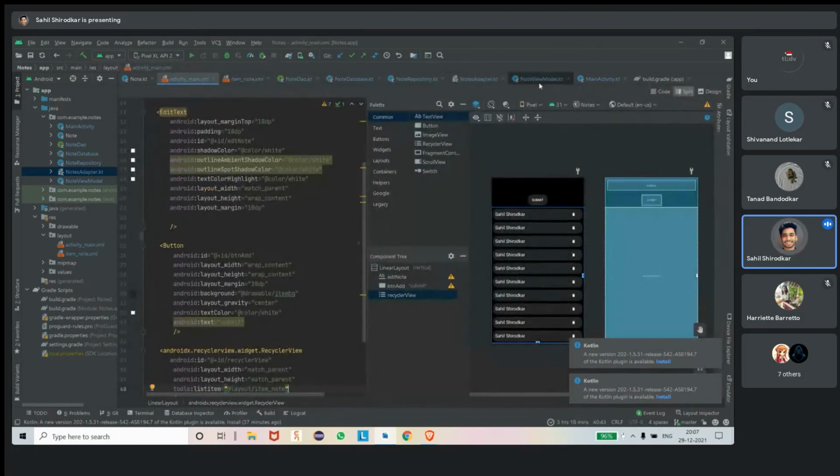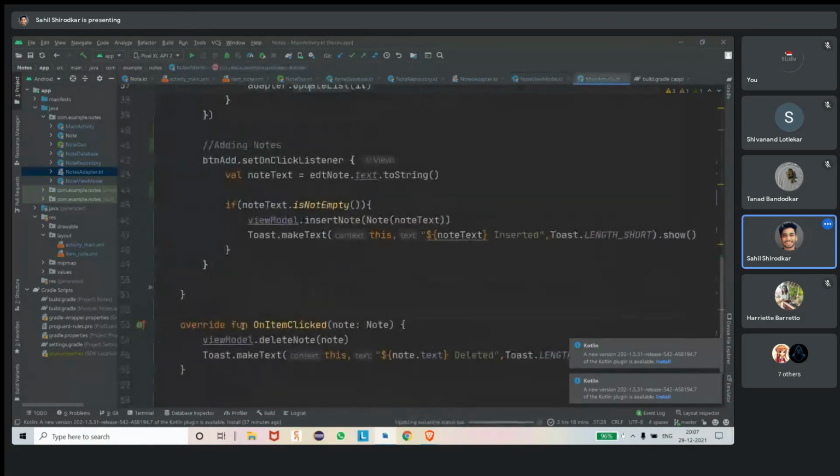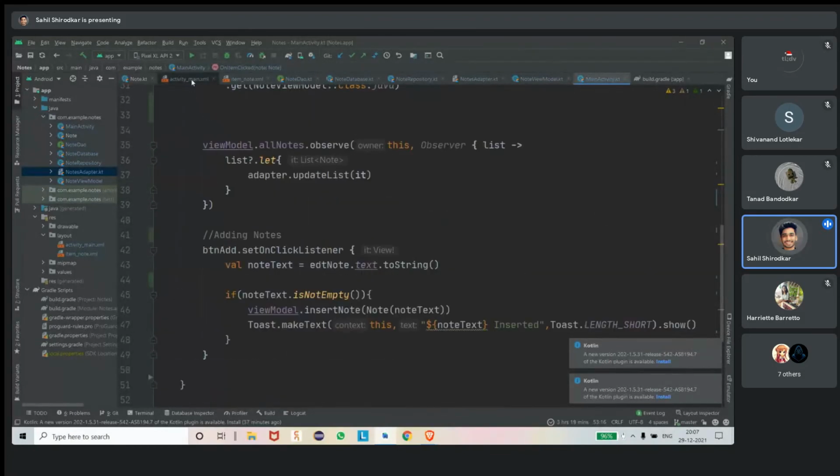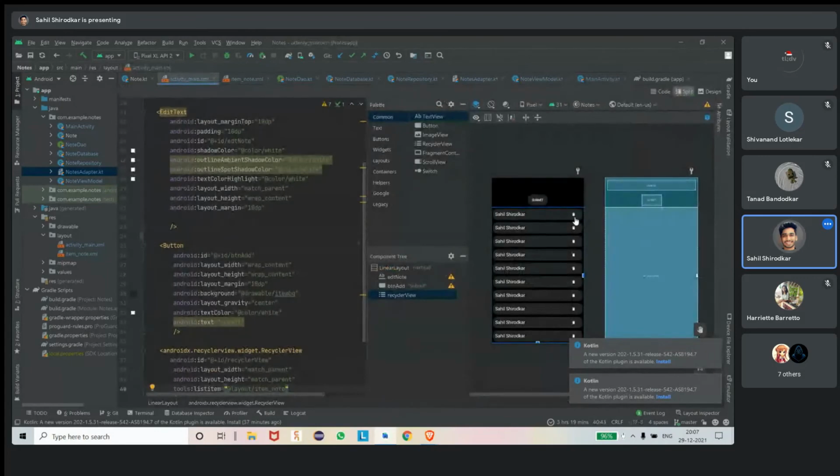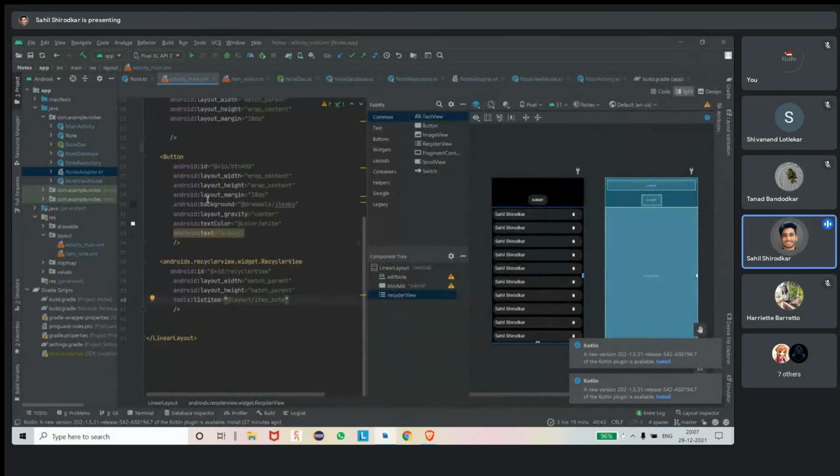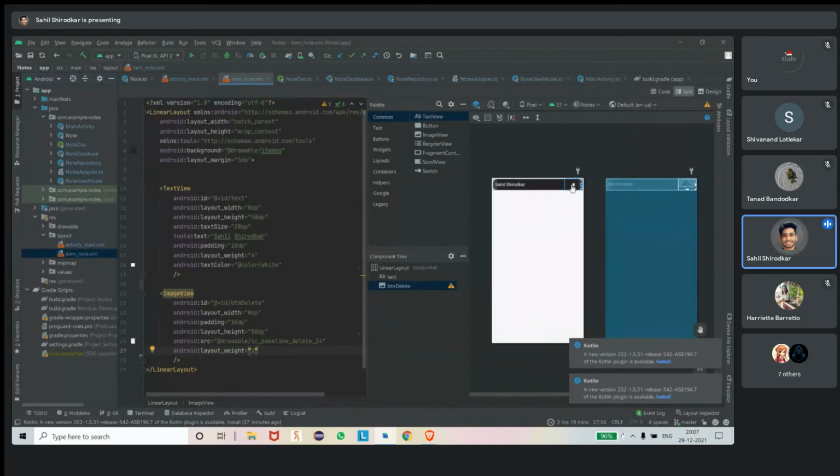So once that is done, the only thing remaining now is whenever we click the delete button. I have initialized the button here inside the item node, so that whenever we click this button, this whole node should be deleted.